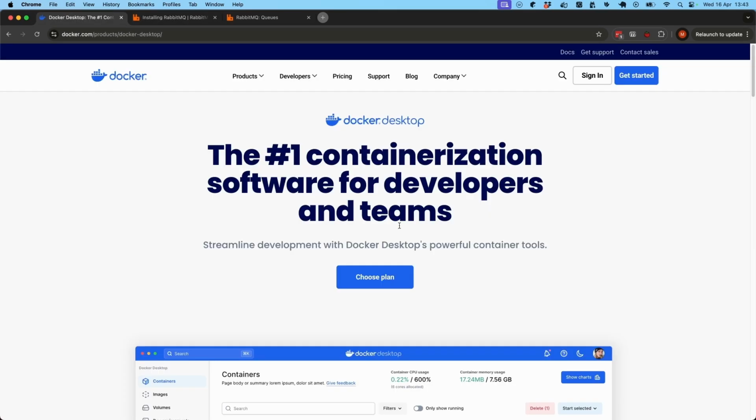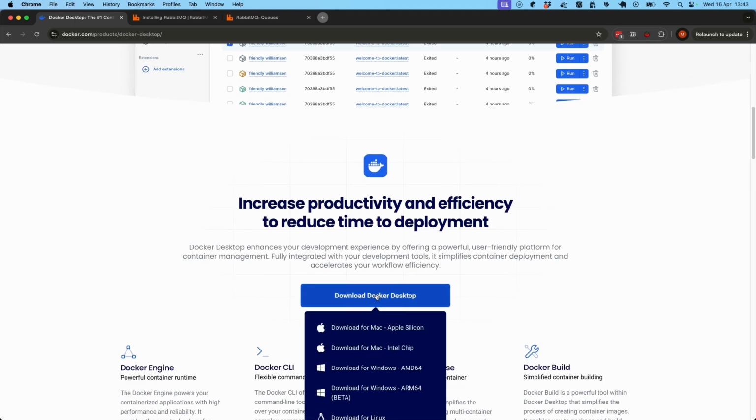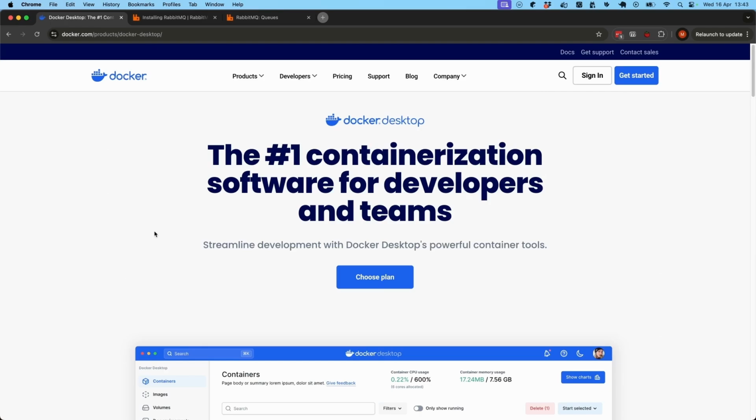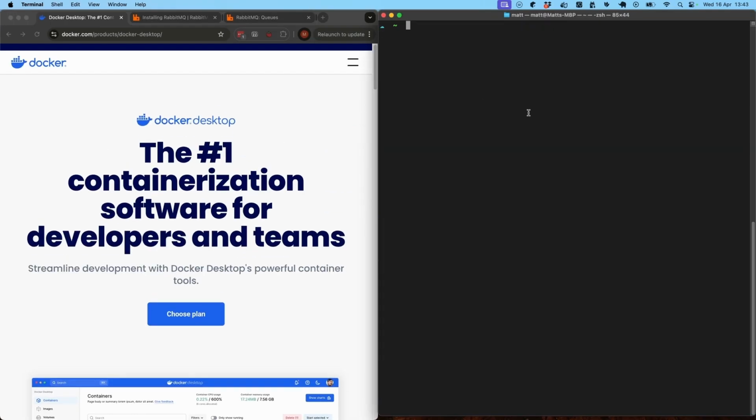If you don't already have Docker installed on your machine, then go here to the Docker Desktop page, and you can download Docker Desktop for whatever OS you've got. If you're on a Mac, make sure you get the one that's the appropriate download for the chip in your Mac. Okay, so once you've got Docker installed on your machine, we'll open up a terminal, and then we'll run